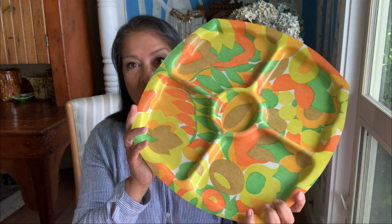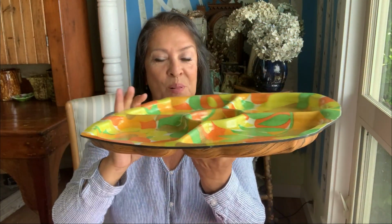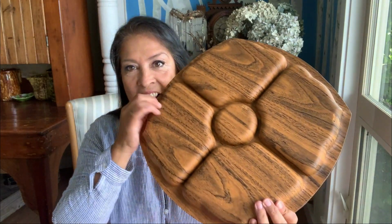So like I mentioned before, orange is really in, and so this really caught my eye. It's this like party platter, like who wouldn't want to have a party with a platter like that, right? And it kind of has this wood tone on the back, but I just really liked it, mainly because of the pattern and the fact that it's orange and yellow, which is really on trend right now for people that are into that groovy 70s look. This one's already listed and it's $30, and I have it on my Facebook Marketplace and Etsy, and I can't even remember, eBay. Yeah. Anyways,